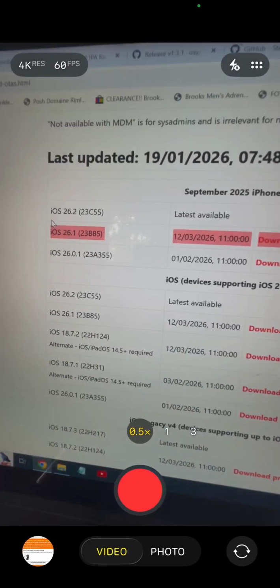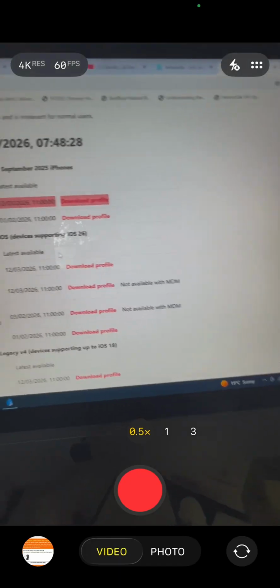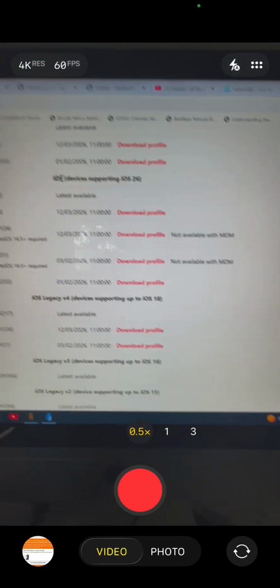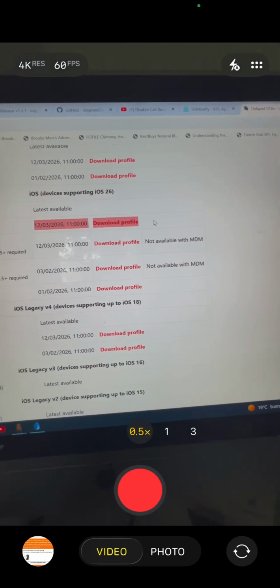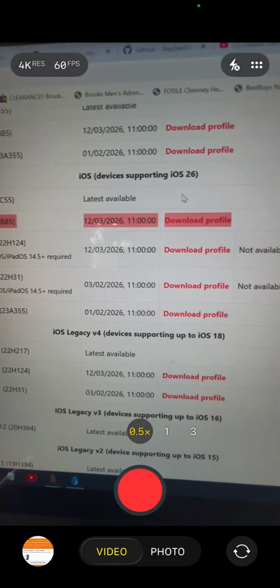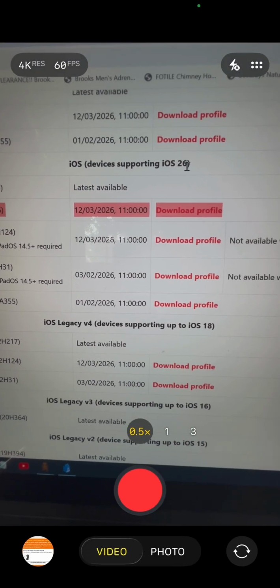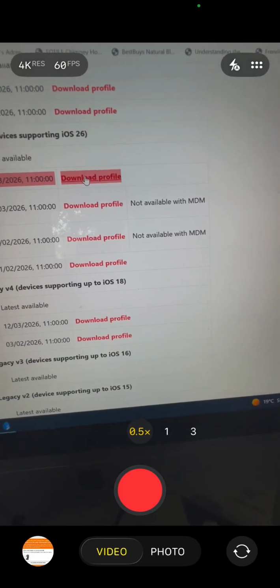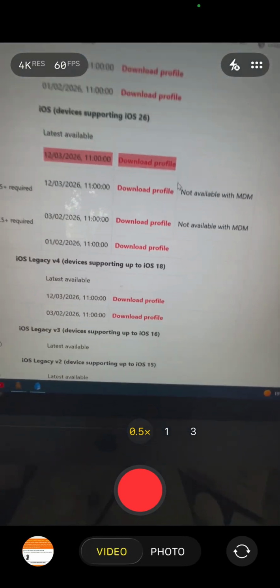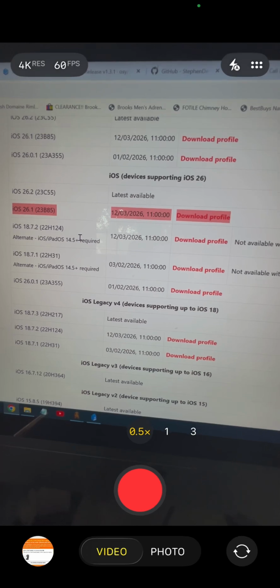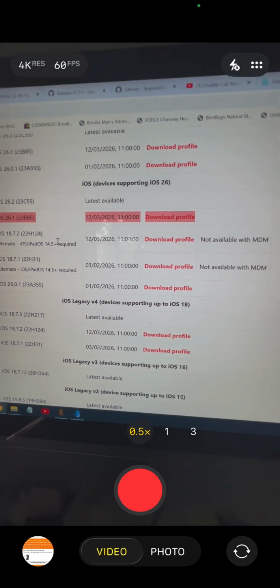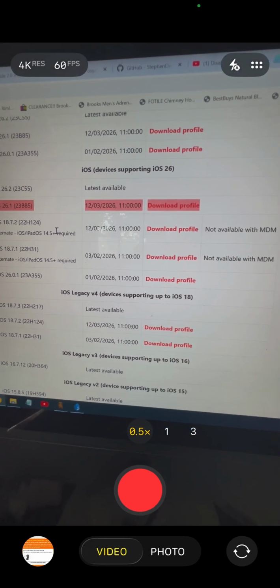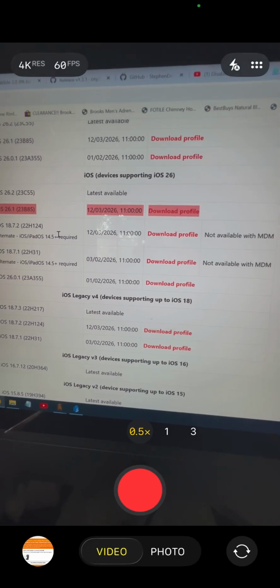So then you download the profile. You got to find your device. Say, this one's for iPhone 13 Pro. See, devices supporting iOS 26. You press download profile and then click allow, like on your phone. Do this on your phone, not on Windows, okay? Allow it and then restart your phone, and then just go to Windows